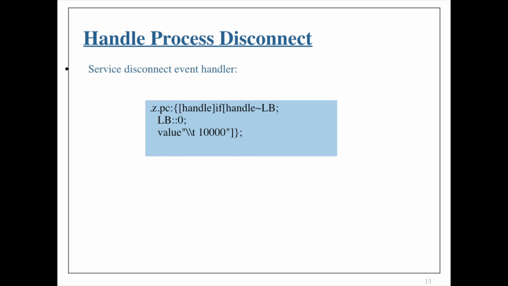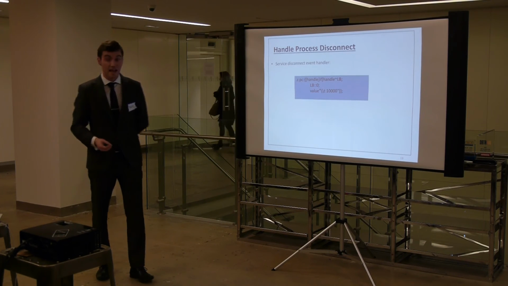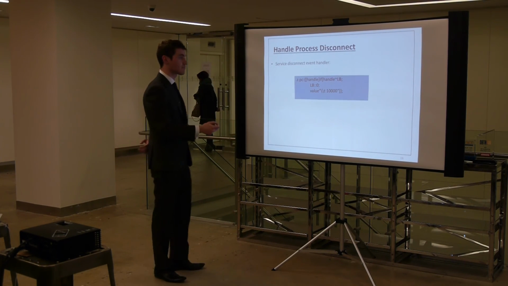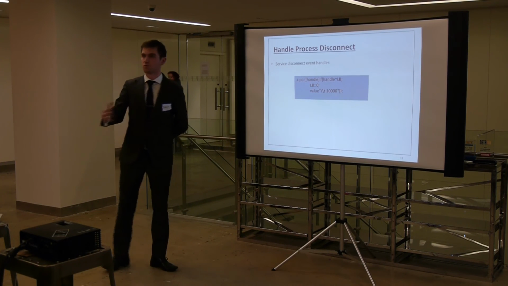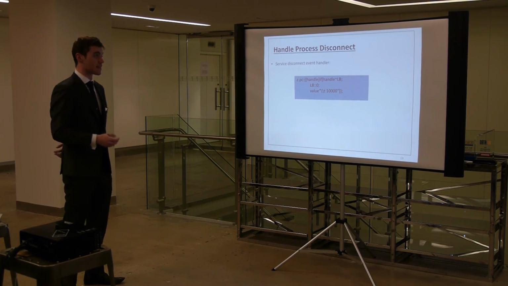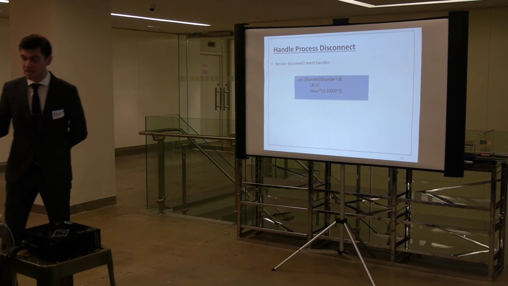Handle process disconnect. Now this is a fairly simple version of what you might see in the service process. If there's a disconnect and it's the handle of our load balancer, LB, then we want to set our handle to 0. And then what we're going to do is start the timer. And next what we're going to see is that,